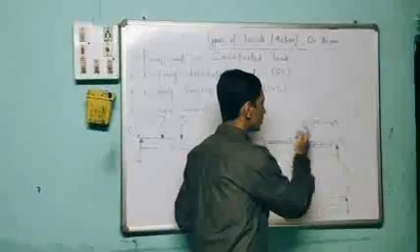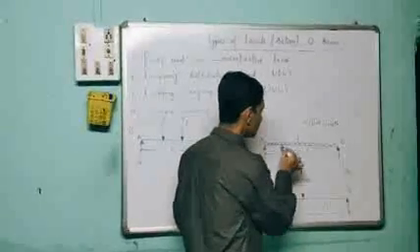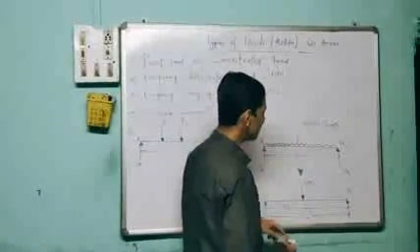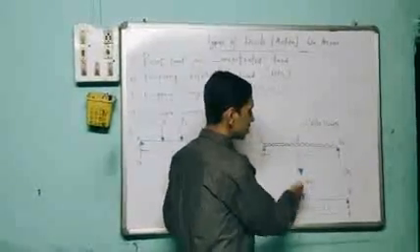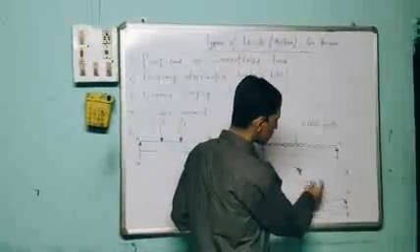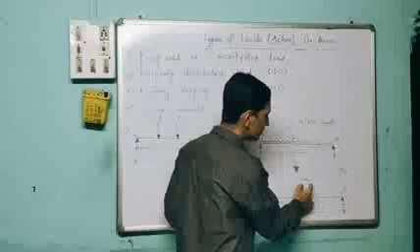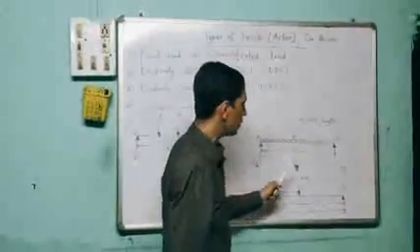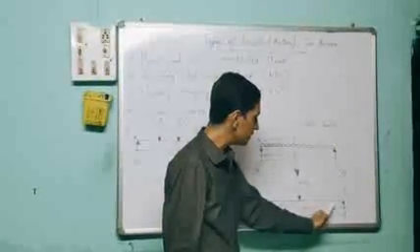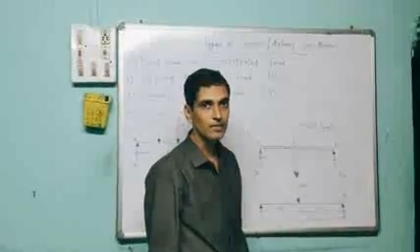Where exactly is the point load of UDL acting? The point load of UDL is acting exactly at the center of this UDL. Whatever length the UDL covers, take that center and show the point load at the center of that UDL with a magnitude of W into L. Here W into L shows what? The entire weight, or entire load, of the UDL. W into L is the point load of the complete UDL, acting at the center of this length.